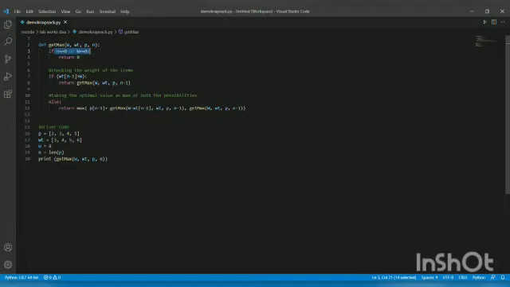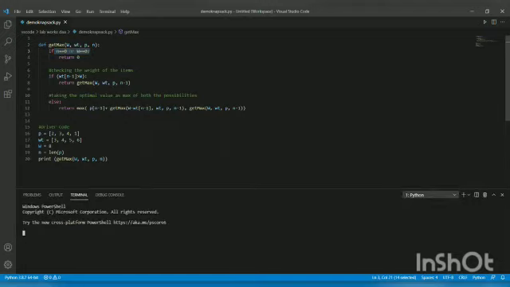Here we have the driver's code with all the possible values that we needed from the example, and from here we get the maximum value as 6. The time complexity here is big O of 2^n since we check two cases for each item. As no extra space is taken, the space complexity is big O of 1.